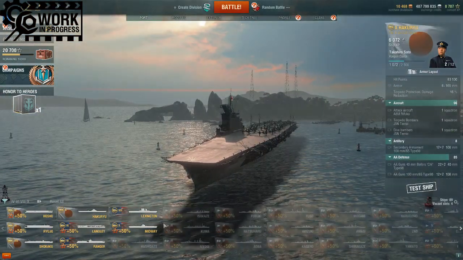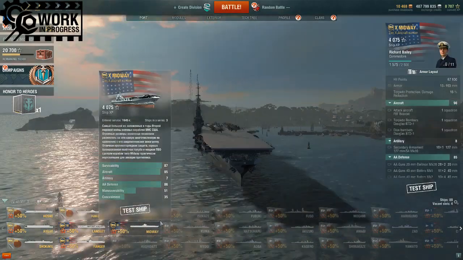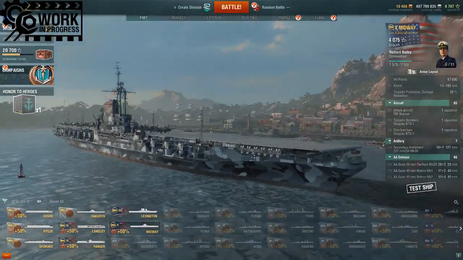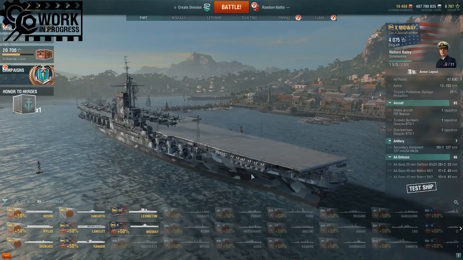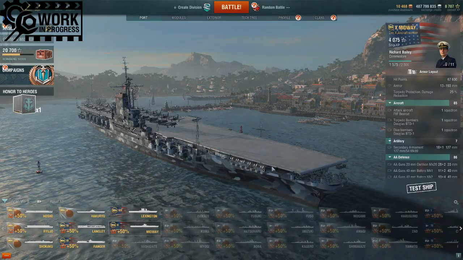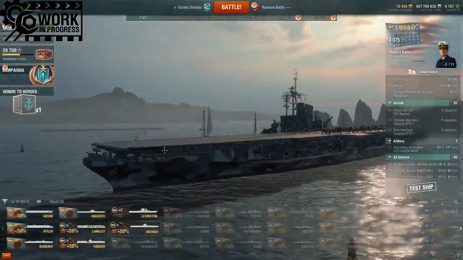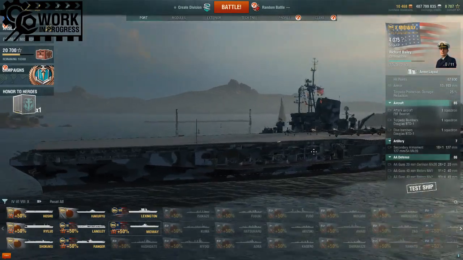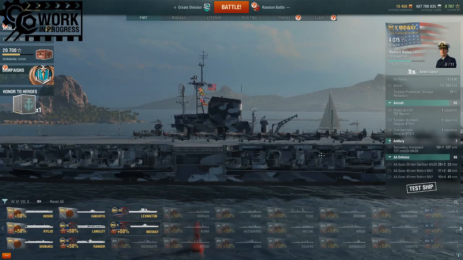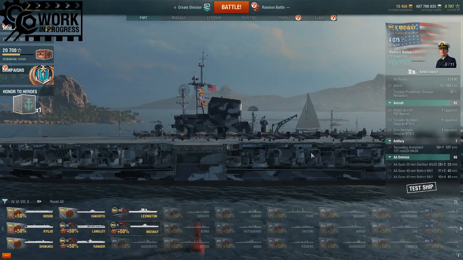I think the Hakuyu is a fantastic choice at tier 10, but not to be outdone is the Midway. Based on testing here on the test server, I believe I've had my best game out of any of the carriers in the Midway, and her anti-aircraft suite is superb. Her chance of setting fire is biblical. The rocket-equipped planes, if you choose the right of the two upgrades, the amount of rockets she puts out is